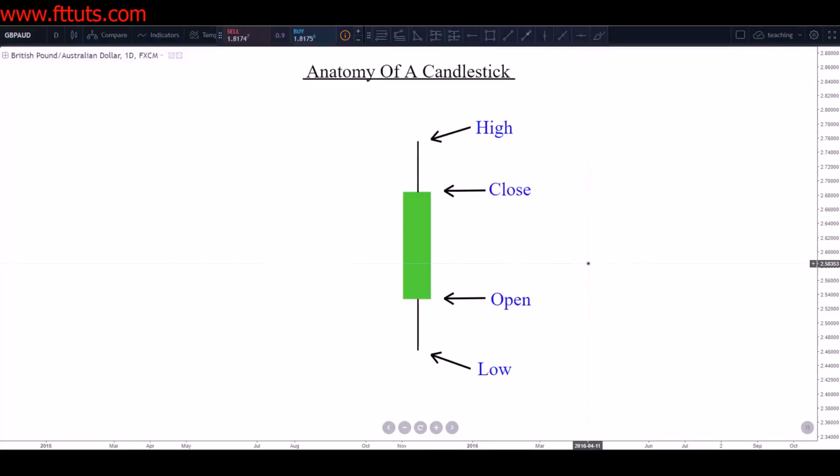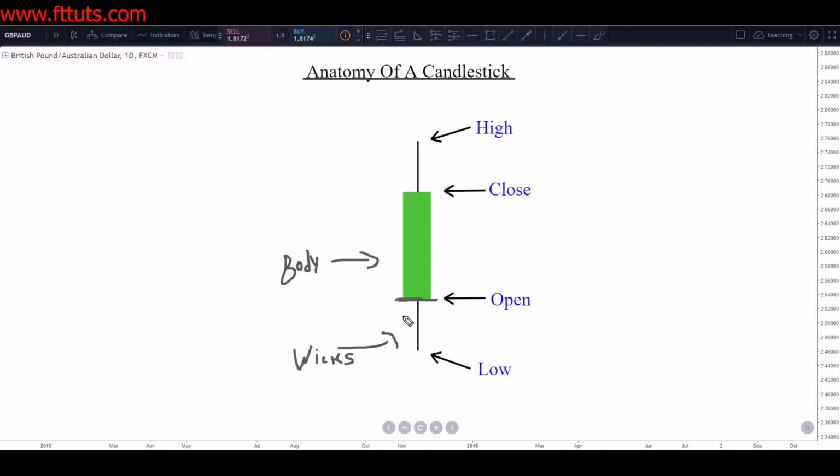So what is a candlestick? Well, a candlestick is a representation of a certain time frame. And before we get into what these candlesticks actually represent, let's go ahead and talk through what it consists of. So each candlestick consists of four major points. We have our open, which is right here on a green candlestick. It would be the bottom of the body, because this green part here is called the body of the candle, and these wicks or shadows, we'll refer to them as wicks. The lines you see at the bottom and the top of the candle, those are going to be the wicks of the candle. So at the bottom of the body of a green candle is going to be the open,